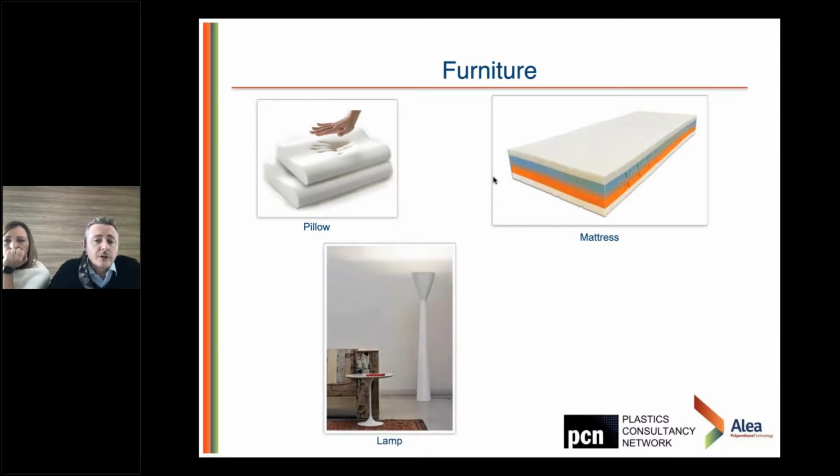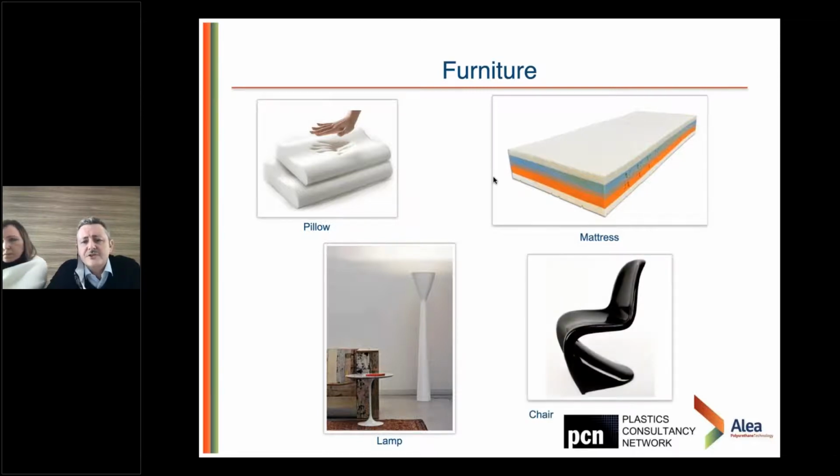We also have the possibility to use our polyurethane structural foam for lamps. For example, in this case, we have a special material suitable for electrical components, so it has the UL94 V0 certificate. Or, for example, this chair